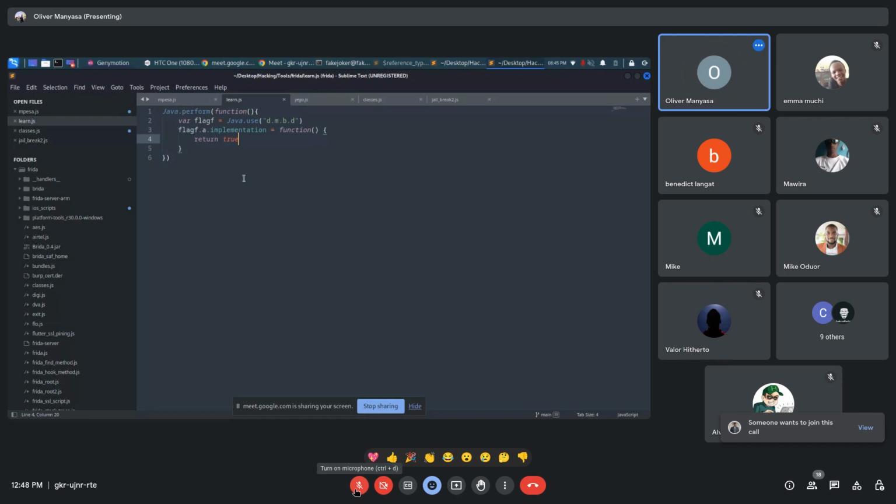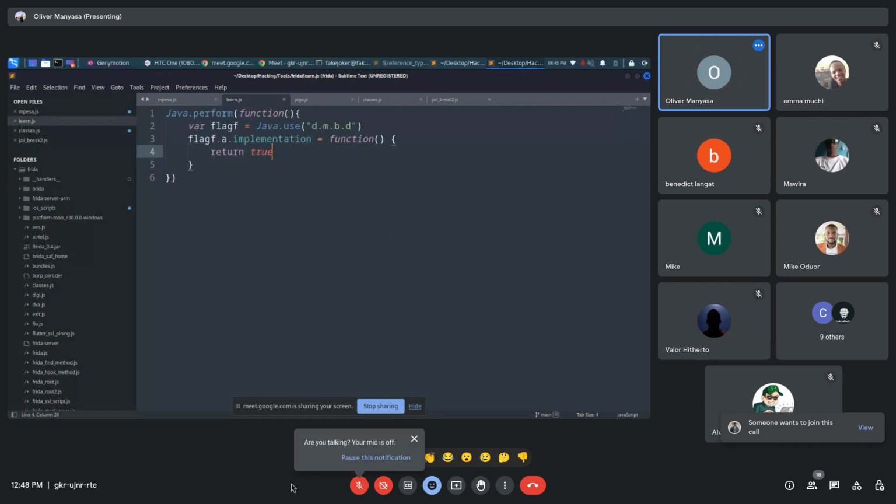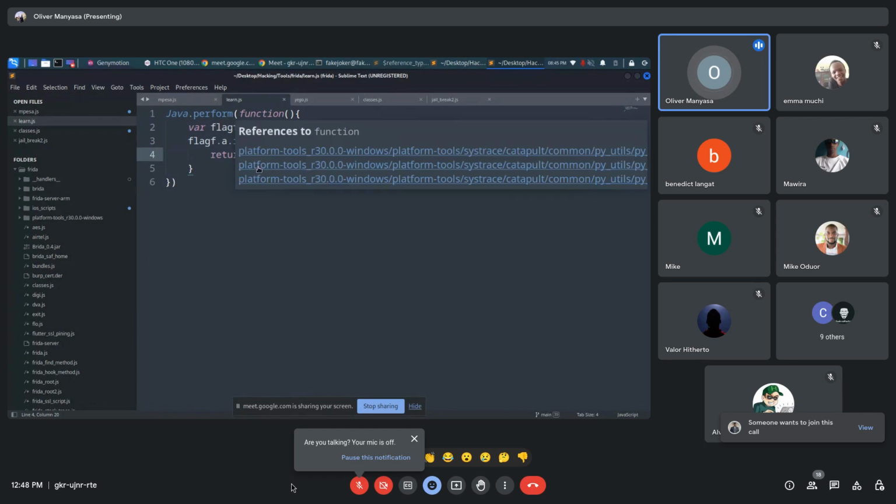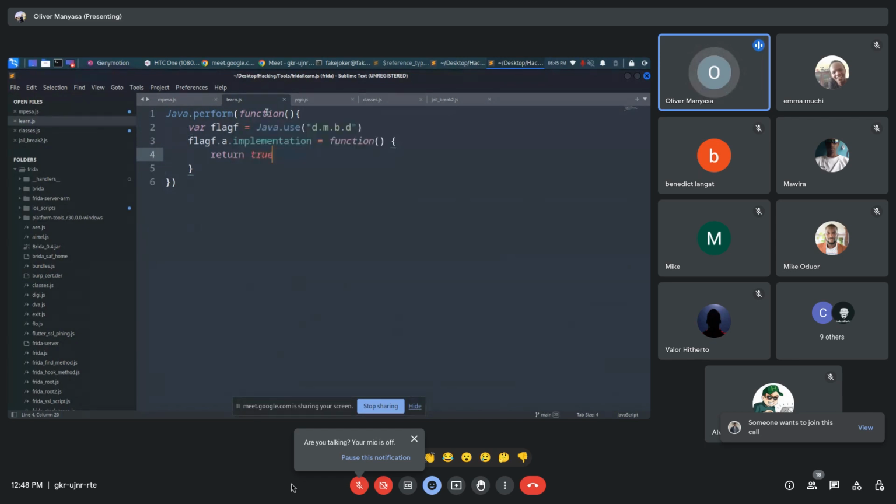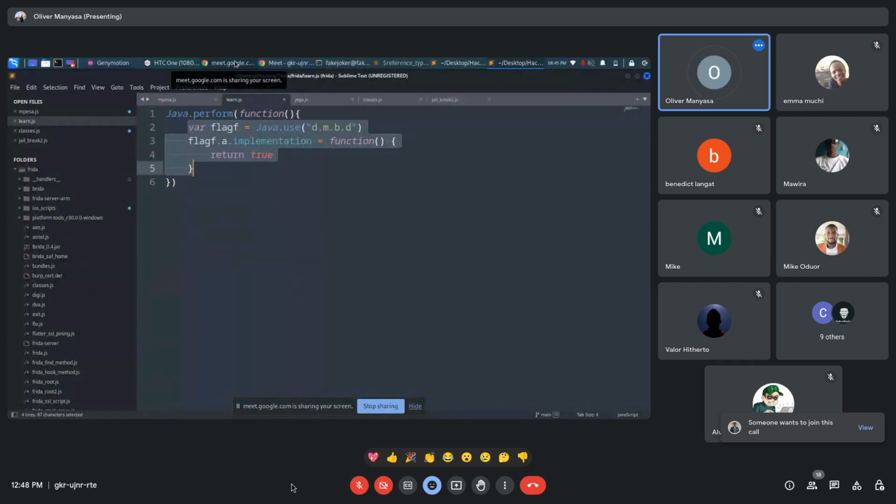So this now is what I was talking about, just something simple of how you would have hooked into that method. As I said earlier, the java.perform function, the basic part, then this one. Now we've hooked into that method and changed its implementation so that it always returns a true. The method itself is let me go to,